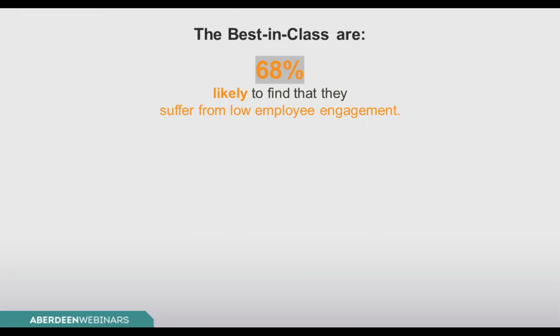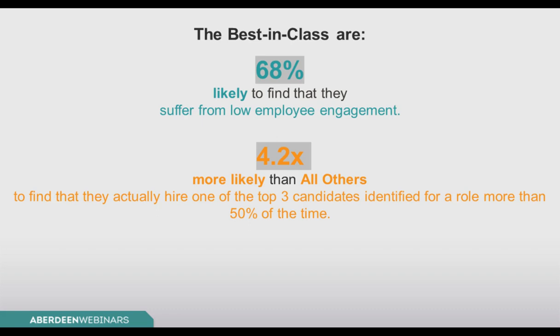Aberdeen has found that 68% of best-in-class companies find that they suffer from low employee engagement. Something to consider, though, is that the best-in-class are 4.2 times more likely than all others to find that they do hire one of the top 3 candidates identified for a role more than 50% of the time. Together, these two statistics should be a bit concerning, since hiring a top candidate does imply